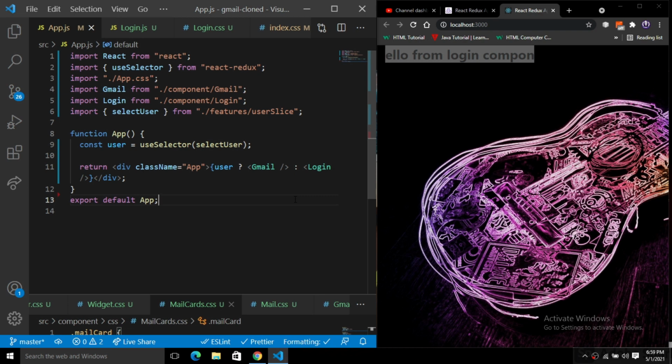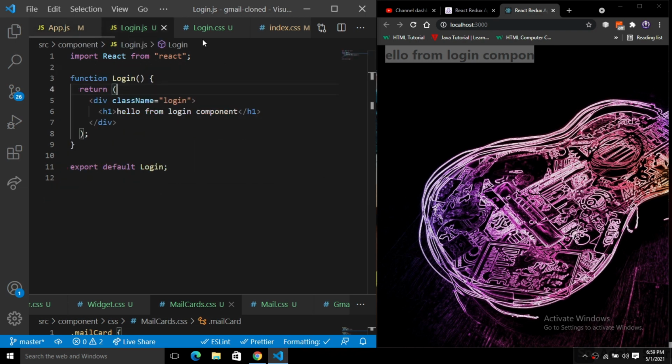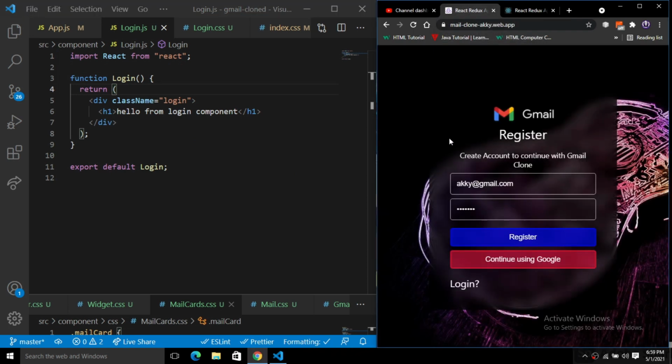So how will we do this? Basically you have to simply create a login component. First of all, I'm going to have the code for this login component here. If you want this code, with this very nice backdrop where the background is blurred, we have a login.js code and login.css.